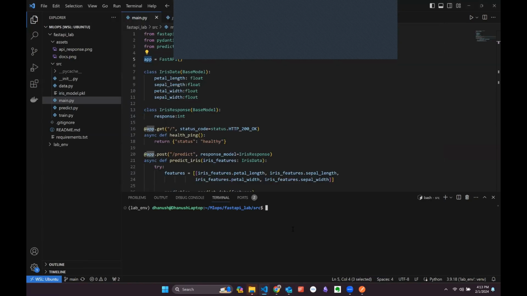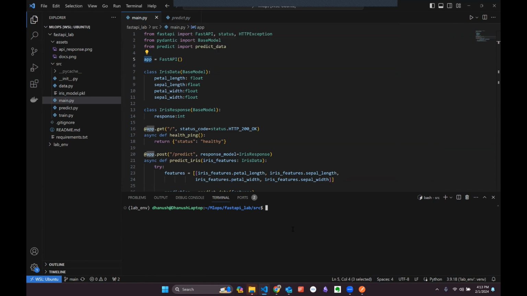To make the server up and running, I go into the src folder, and inside that I type in uvicorn main colon app hyphen hyphen reload. Main is the file name of my FastAPI file, and app is the instance that I have defined above. If you have given some other names, change it accordingly. And the reload flag, you shouldn't use in production. It's just for testing purposes. Once I hit enter,